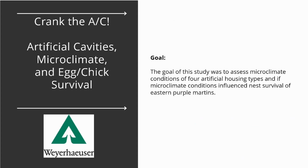So the goal of this study, which is a pilot study, was to assess microclimate, which is a really fancy way of saying very fine spatial scale temperature and relative humidity. Think of a single point, like why your dog lays next to the fan in the summer, because the microclimate is cooler there. Within those conditions, the temperature and relative humidity, assess if 4 different styles of houses, if those temperature and relative humidity conditions differed among those, and compare them to outside conditions, and then assess if the temperature and relative humidity conditions inside the nest cavity influenced nest survival of eggs and chicks in positive or negative